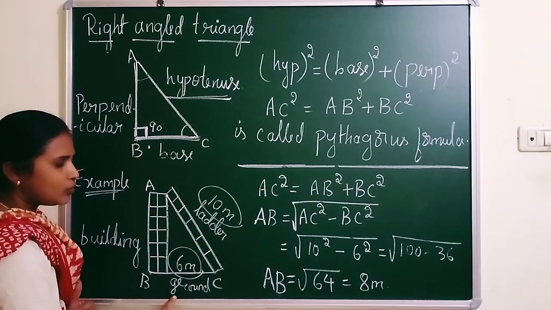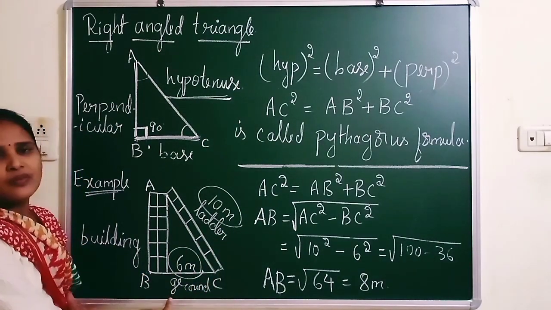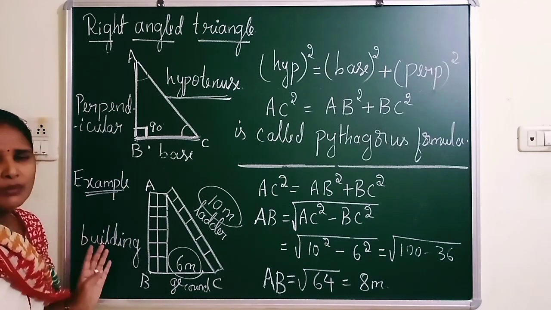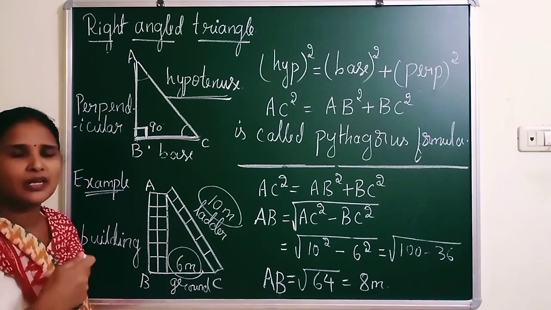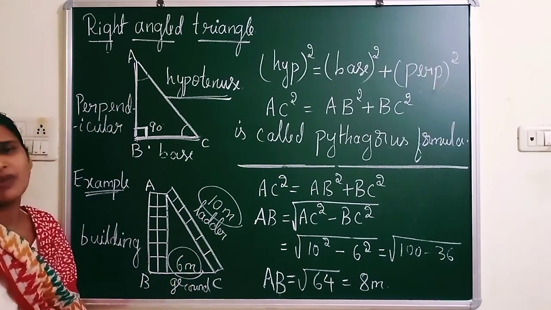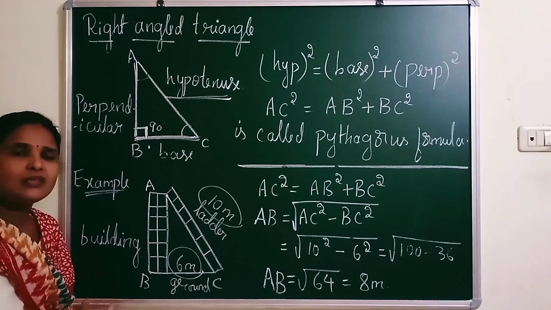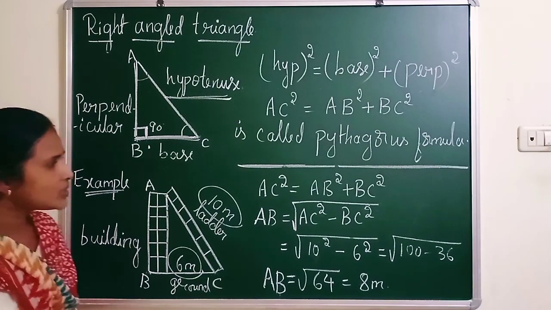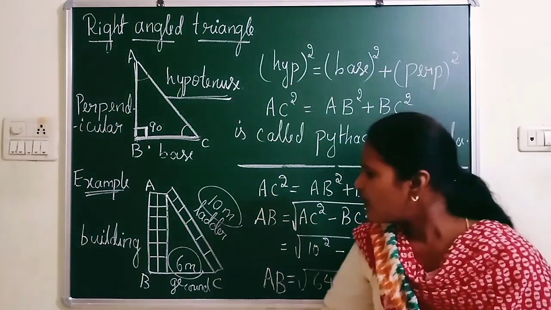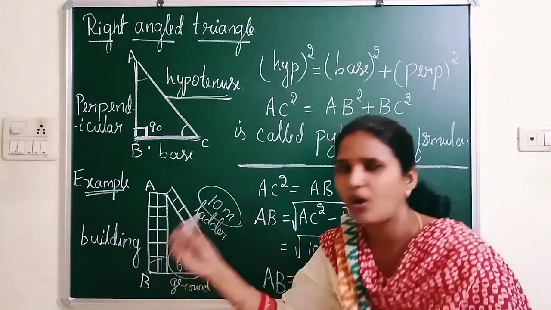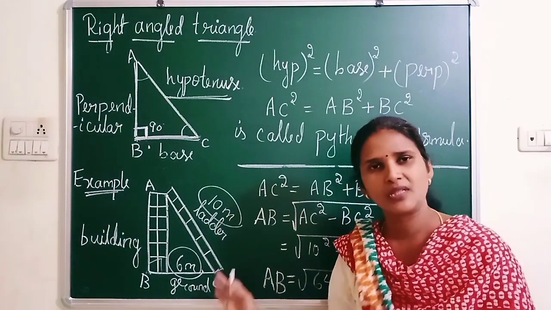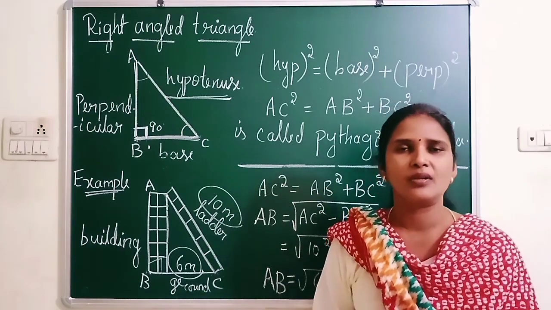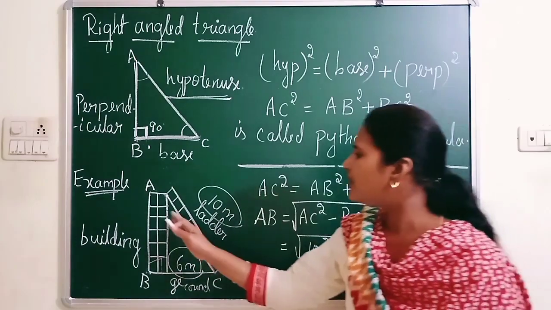Now out of three I know the length of the ladder and the length of the ground. So can I find the height of the building now? Because it's a very big building, I can't measure it with a tape or anything. In this way, the Pythagoras formula is applied to find distances or heights in a right angle triangle. Now let me find the height of the building using the Pythagoras formula. The building is always perpendicular to the ground, just as whenever you stand, you are perpendicular to the ground when standing vertically.